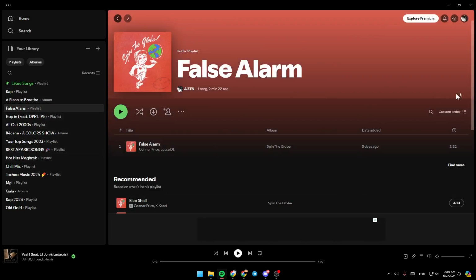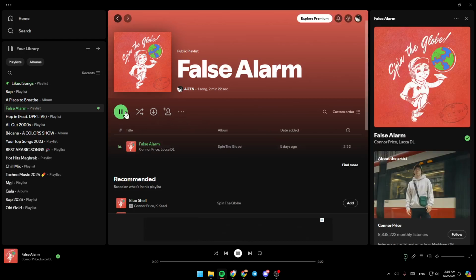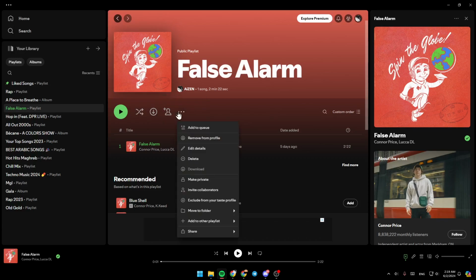Once you're here in the playlist, you're going to find the list that includes all of the songs in the playlist. Here at the top, you're going to find the option to play this playlist. Here you're going to find the option to enable shuffle for the playlist. You can download the playlist, invite collaborators. If you click on these three dots, here you're going to find add to queue, remove from profile, edit details, delete, download, make private, invite collaborators, exclude from your taste profile, move to folders, add to other playlists, and lastly,